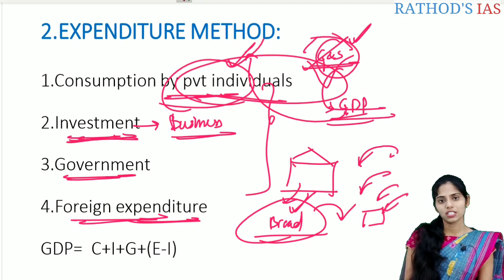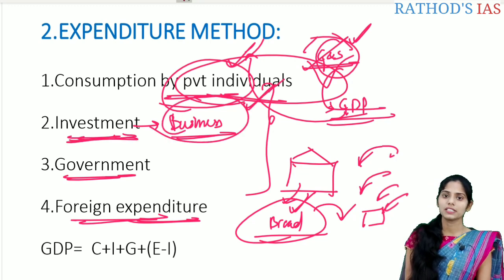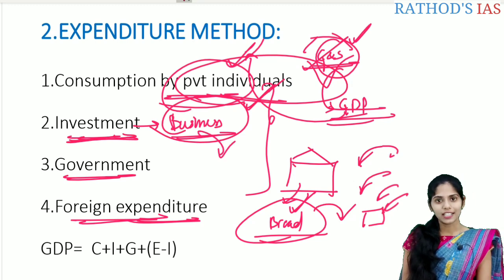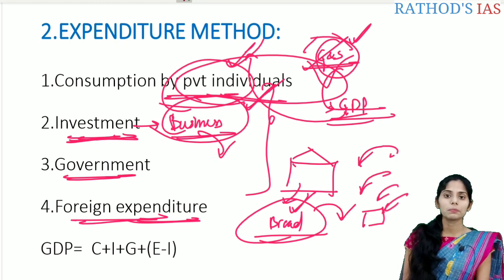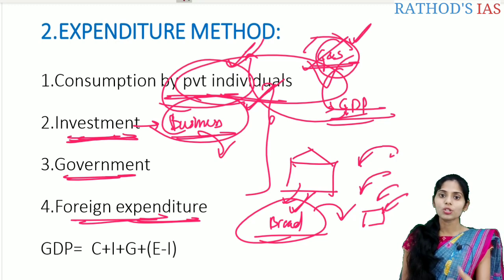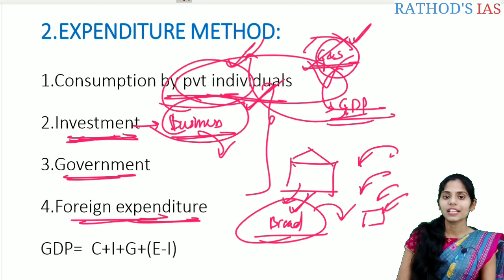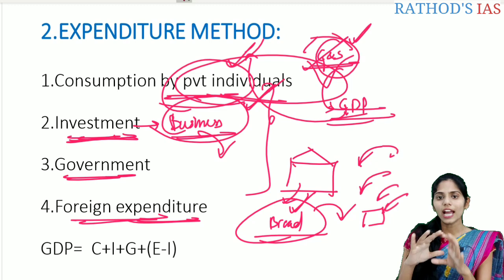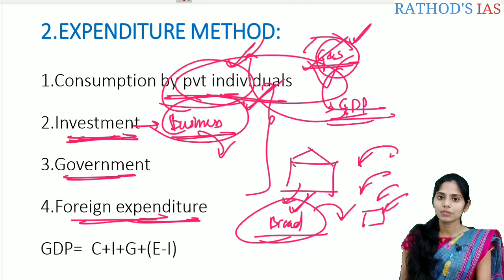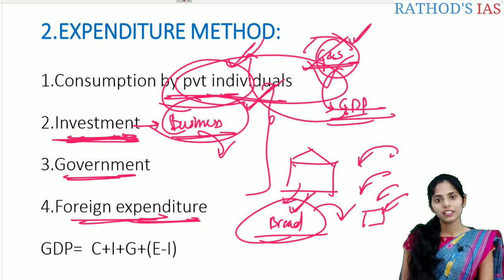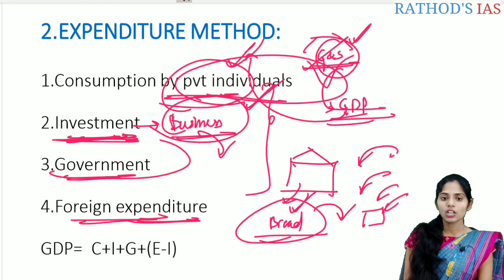And the next one is investment. Investment is mainly made by businessmen. For example, if you are buying a new house, that is investment. If you are going to the market and buying shares or bonds or debentures, that will be investment. If you are going to build any infrastructure, then anything which is left over, the leftover machinery or inventory, will also come under investment. So when we add all this expenditure made by the businessmen, this is the expenditure by investment. And the next one is government.